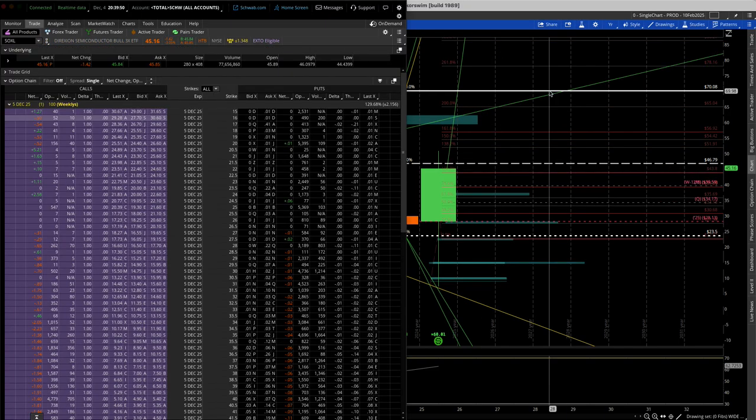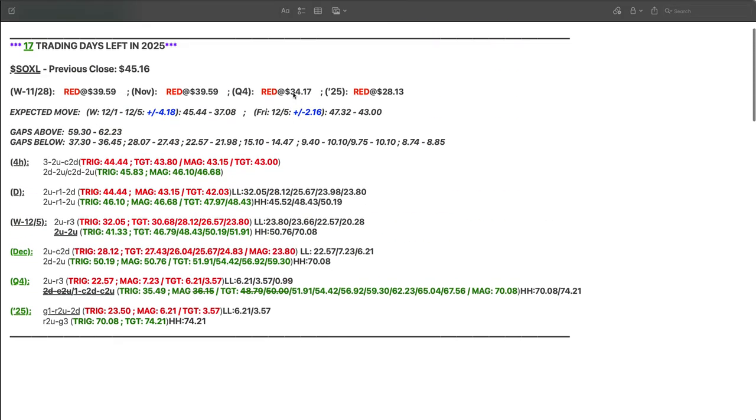Let's go ahead and take a look at the market maker's expected move, and to do that, we are using Thinkorswim. We pull up the options chain for this week, this Friday, December 5th. If we go over to the right-hand side here, we see this plus or minus 2.156 in parentheses. That is the market maker's expected move, plus or minus $2 and we'll say 16 cents. So if we go back over to our notes here,